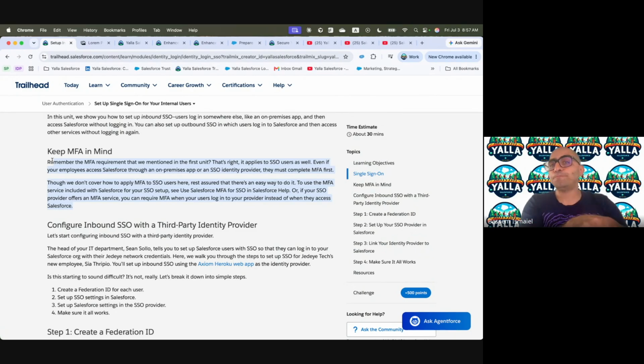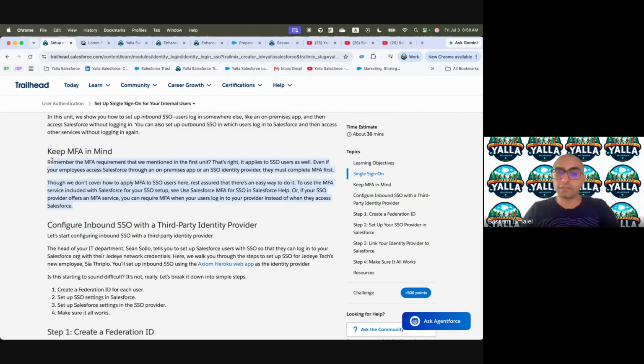So here we are saying either we are using Salesforce as an MFA provider. So we are using the SSO, and then we come to Salesforce, and we are using the Salesforce Authenticator in order to go in.